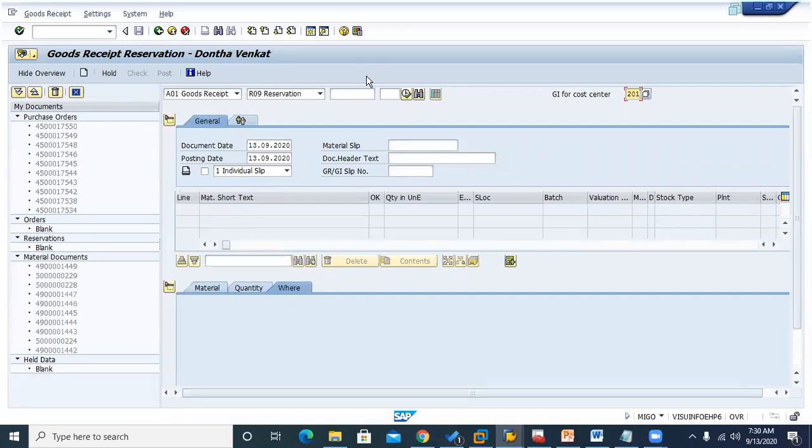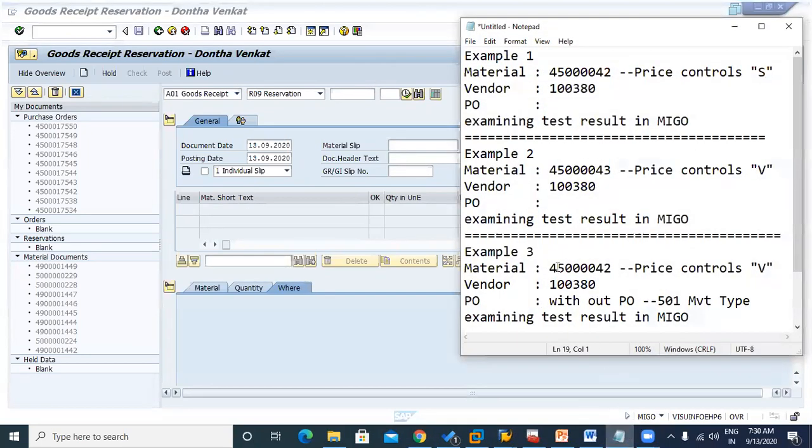Here I'm going to consider 3 examples. By these 3 examples, I'm going to explain the complete mechanism, how it is happening, and present you the witness. Yes, this is happening like this only. For the first example, I'm taking a material, 4540042. This material is already created.